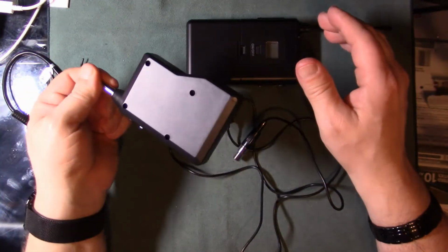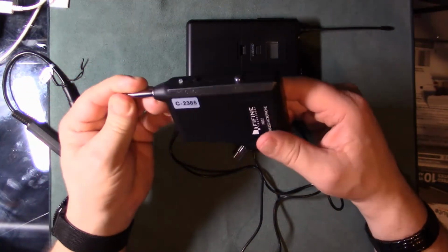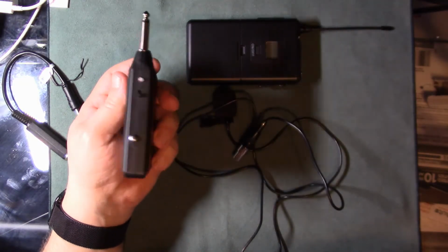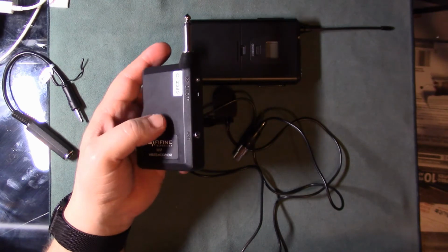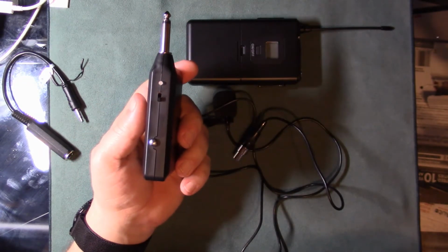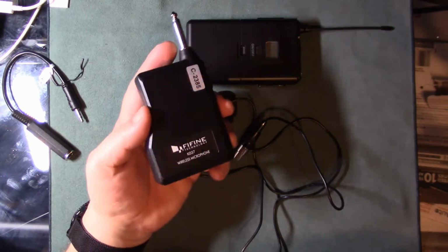Honestly, just keep mindful about this receiver here for what kind of application you're planning on doing with this mic. I mean, if you're going to be putting this onto a huge speaker, having this plugged into a speaker, I guess it won't make very much of a difference. But